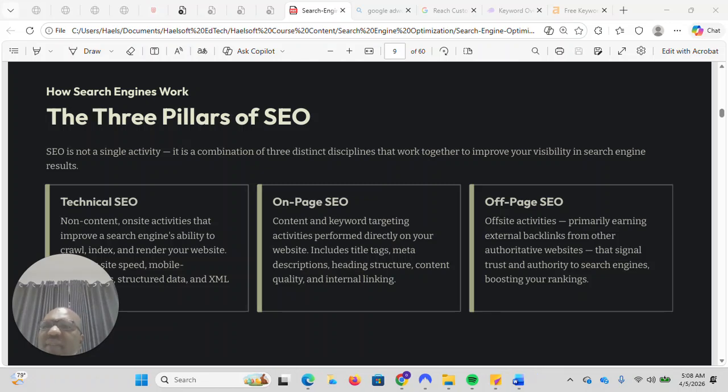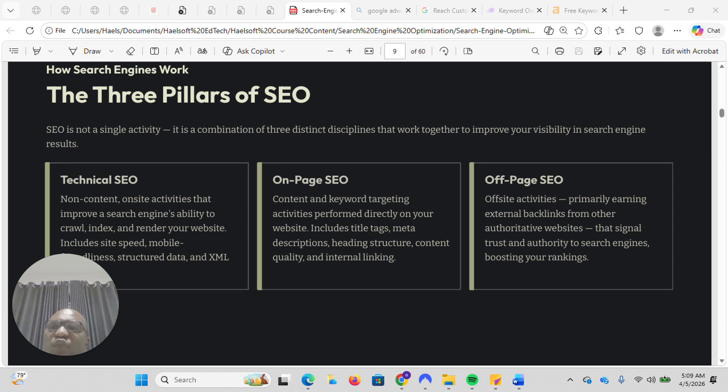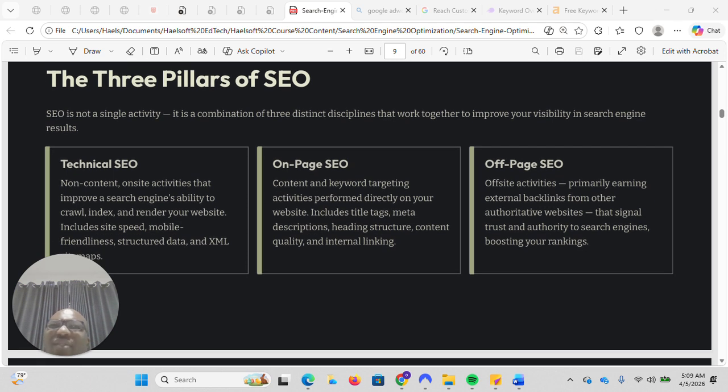So in this class, we'll be talking about how search engines work. We have been hearing about search engines. SEO is not a single activity. It is a combination of three distinct disciplines that work together to improve your visibility in search engine results. It's not just a single activity. And one thing you need to understand about how search engines work is, one, technical SEO,